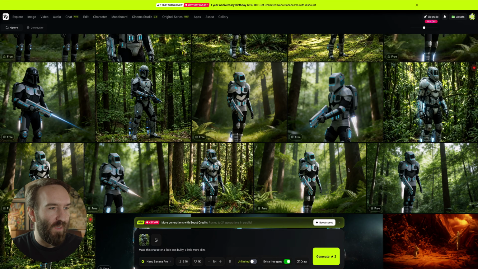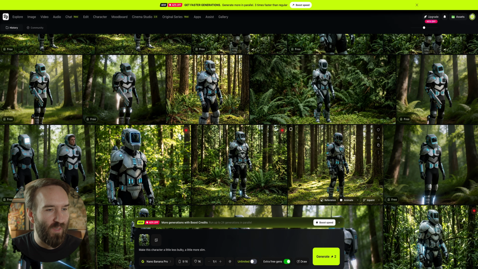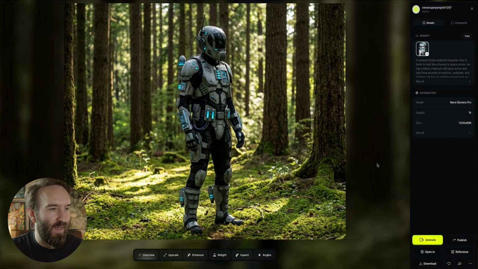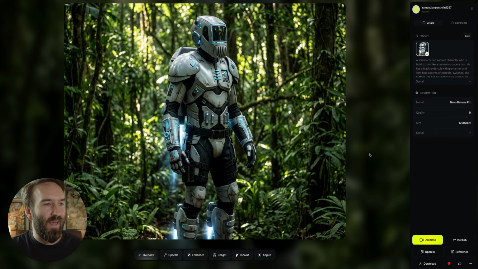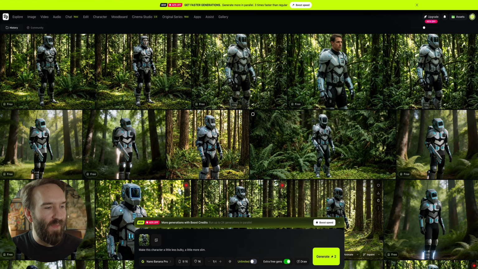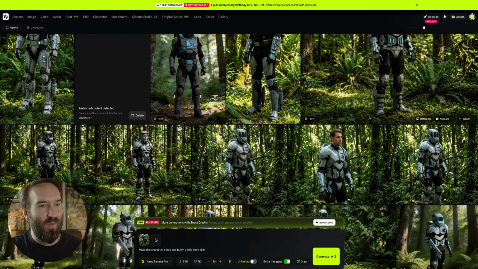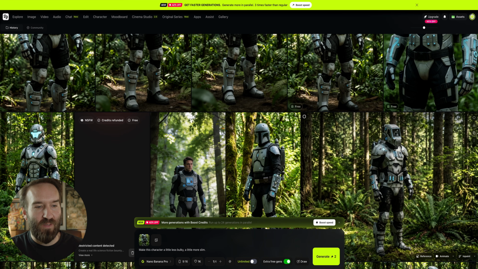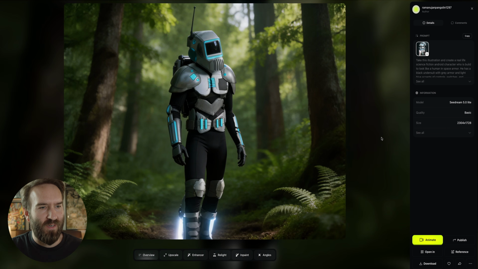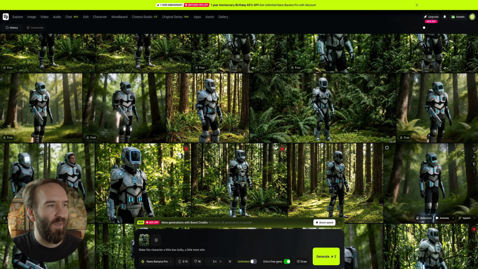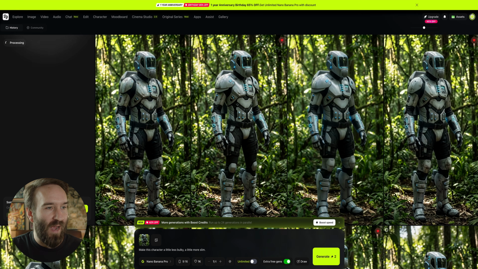All right, so I started off with the illustration that I did and kind of refined it until I got it to somewhere where it was looking like it was actually a character that was real, that was shot in the forest. And then I had to take these images that I liked and replug them into the generator and then reprompt them so that it would get further and further away from the illustration, because it kept doing illustration style versions of the character, even though I was telling it to make it look photoreal. But eventually I kept generating it, and I got to a place where I really like it.